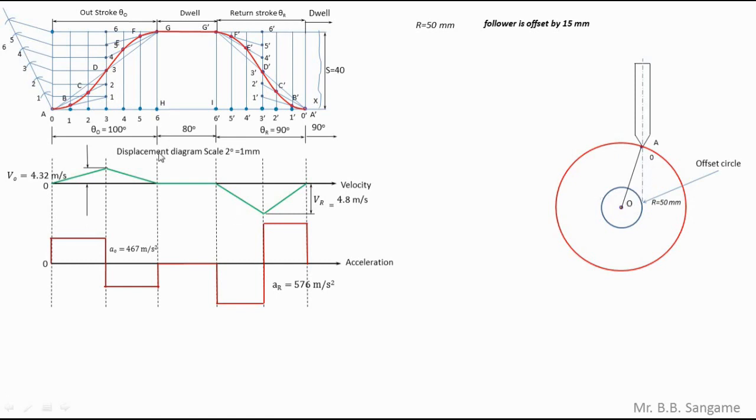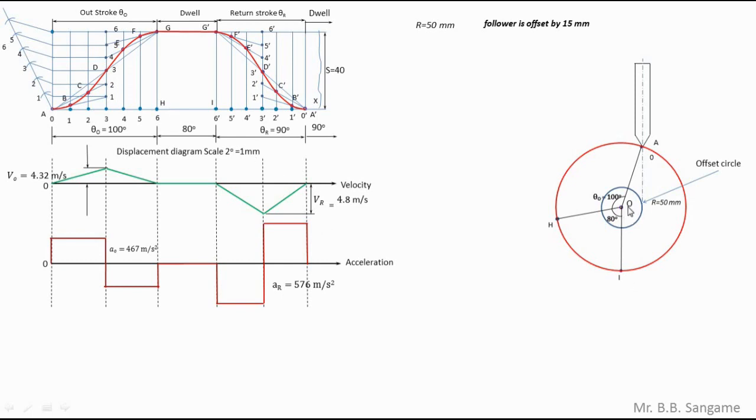Okay, so first is the outstroke of magnitude 100 degrees. You need to adjust the protractor, match the zero line of the protractor with the OA line, and measure the angle in anti-clockwise direction of magnitude 100 degrees. So this is the outstroke angle. So this is the point H where the outstroke angle ends. Next, it is followed by the dwell part of magnitude 80 degrees. So let us measure an angle of 80 degrees from the line OH in this anti-clockwise manner. It will be somewhere here. This is the point I.